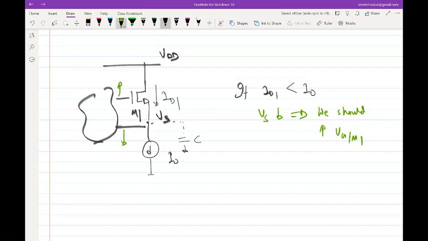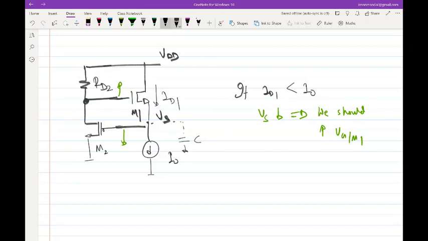That's what we are trying to do. So you replace this with